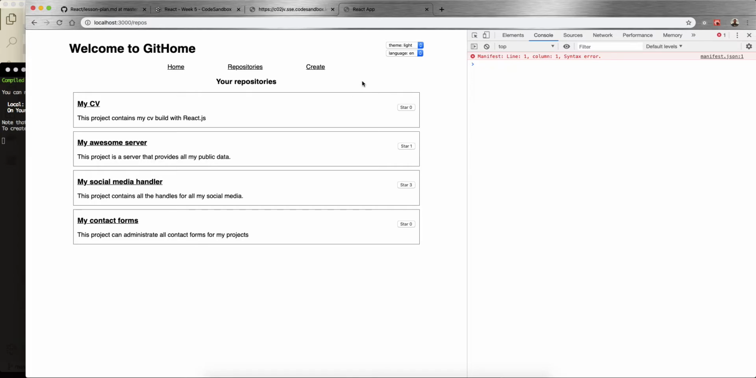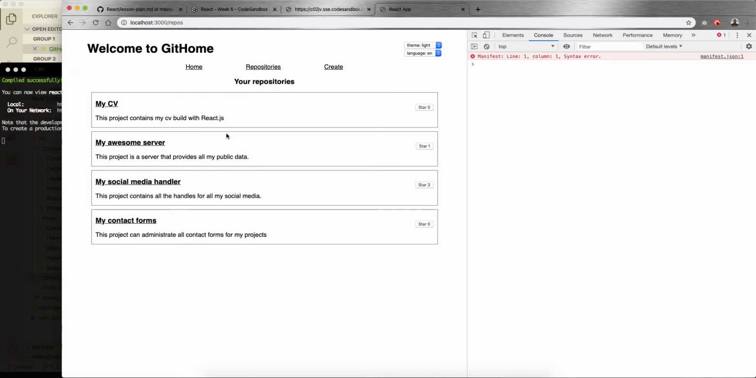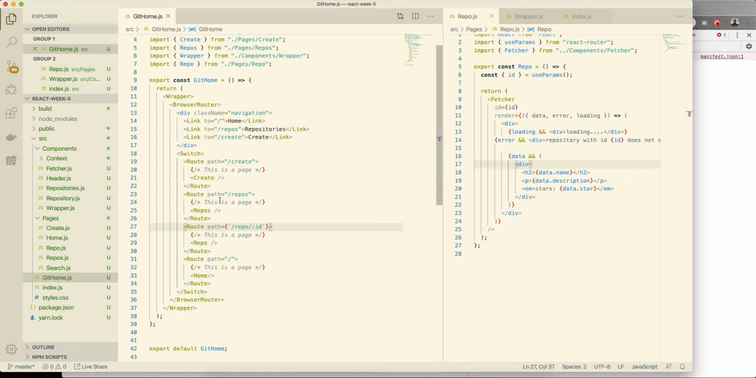I don't think we will. No. So we saw how to create routes with